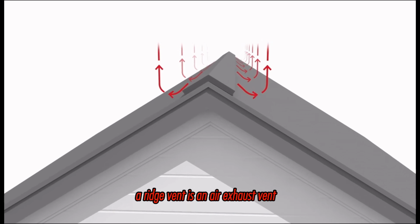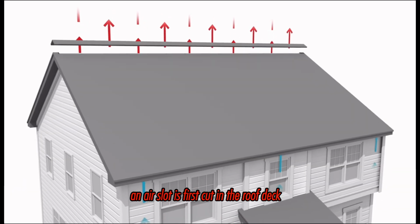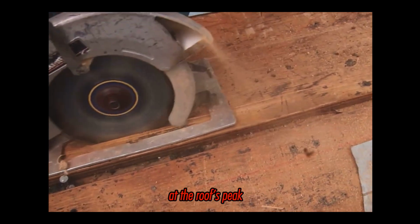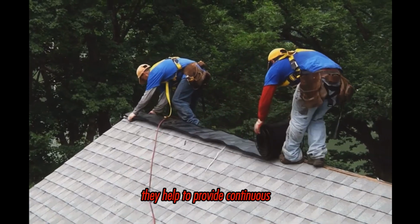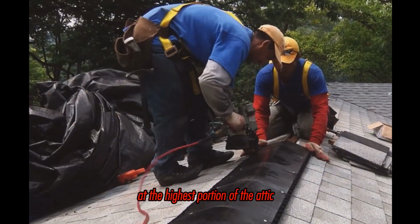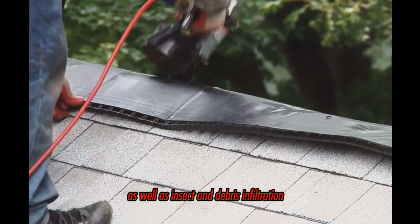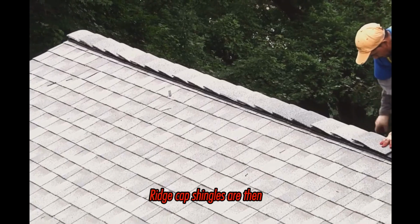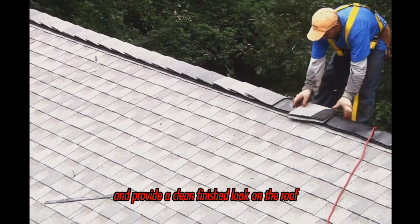A ridge vent is an air exhaust vent installed on the peak of a roof. When installing this vent, an air slot is first cut in the roof deck at the roof's peak. This air slot is then covered by the ridge vent itself. They help to provide continuous, uniform exhaust ventilation at the highest portion of the attic and are designed to help resist wind-driven rain and snow, as well as insect and debris infiltration. Ridge cap shingles are then typically installed over the ridge vent to protect it and provide a clean, finished look